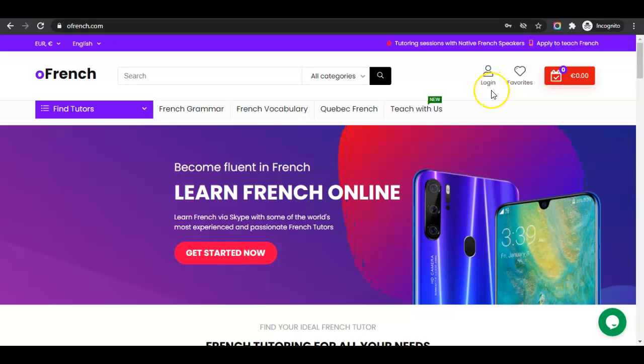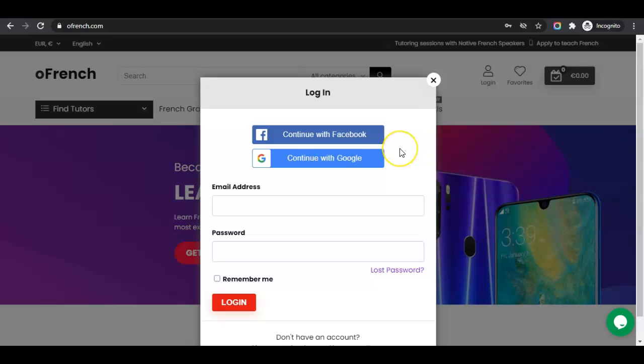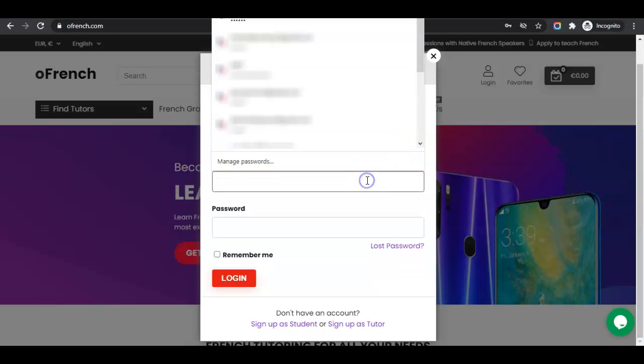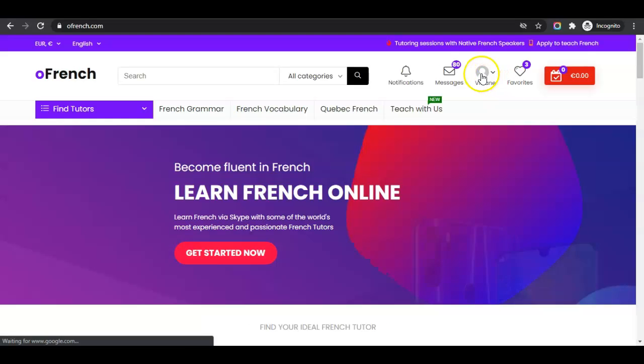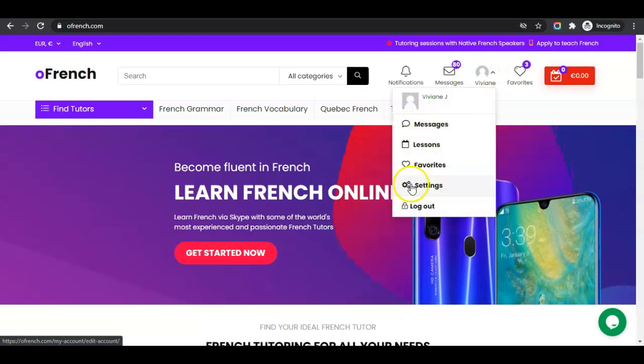To sync your lessons or appointments with Google Calendar, you have to log in. You may log in with your existing account, or you may create a new account by continuing with the Google or the Facebook previous account. Log in. Now I will go to the page Settings,